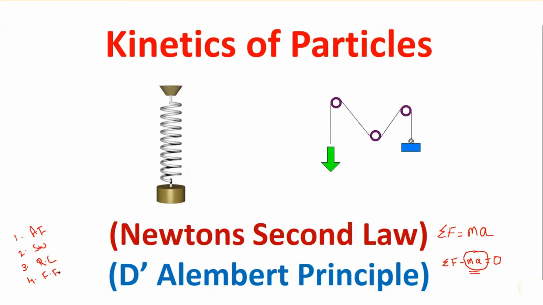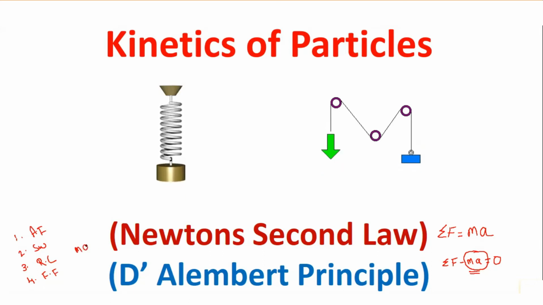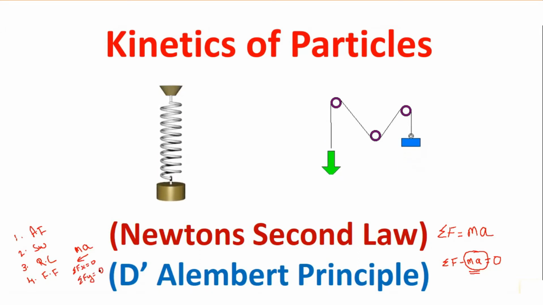So after showing all these forces acting on the body, we have to introduce one more imaginary force, that is a D'Alembert force or inertia force of ma, acting in the direction opposite to the direction of acceleration. And then we have to apply the conditions of equilibrium, Fx is equal to 0 and Fy is equal to 0. So all this we have studied in the previous lecture.